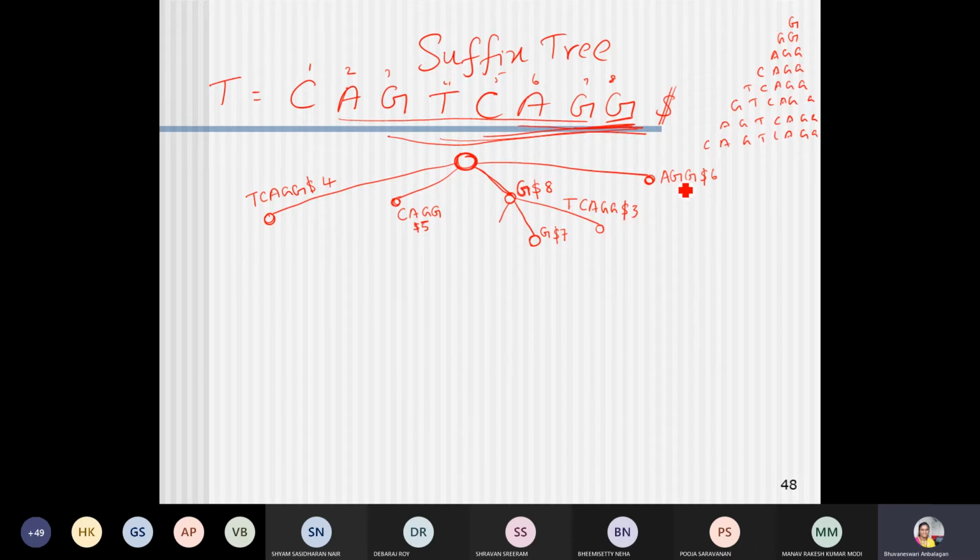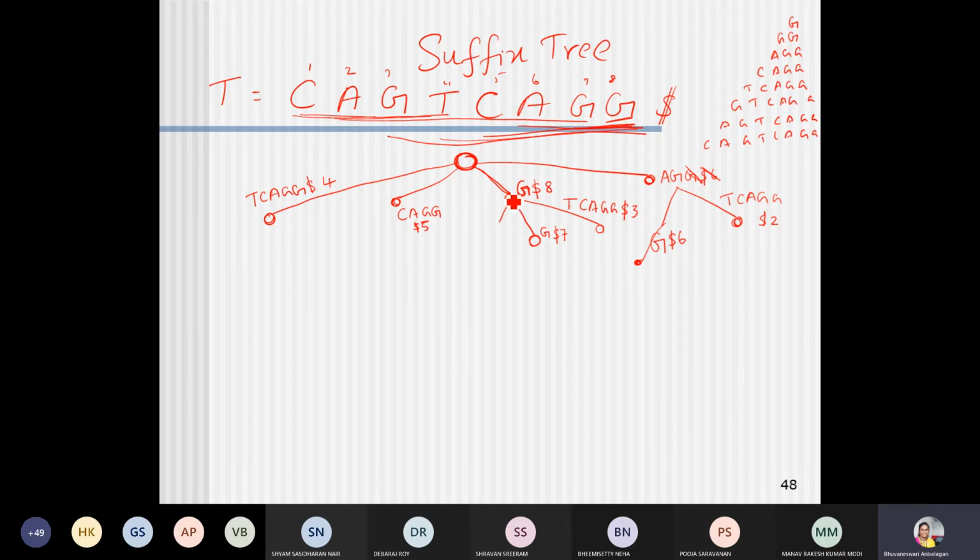Then I have AGTCAGG. Whether I have AG anywhere, yes, I have AG here, but AGG is there. So what I will do is divide this into two different branches. Let the G come here, G, its number is 6. I'll remove this. AGG is here. I have AG and TCAGG. This is for number 2. Here I am having one node.